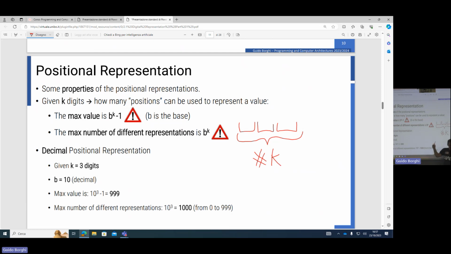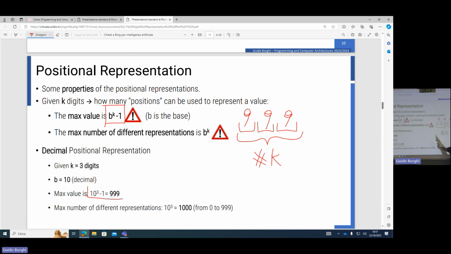So with k different positions, the max value that we can obtain is B to k minus 1. Since if we have only 3 positions, what is the maximum number that we can write? 9, 9, 9. Is that okay from an empirical point of view? And in this case, B to k minus 1 is the following: